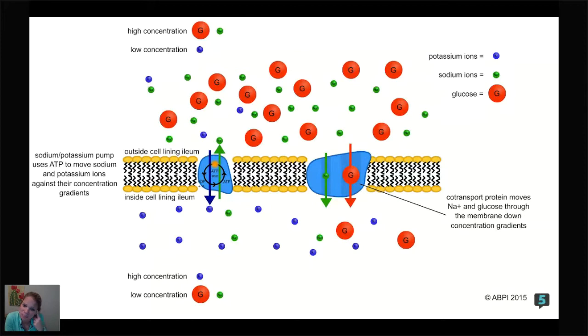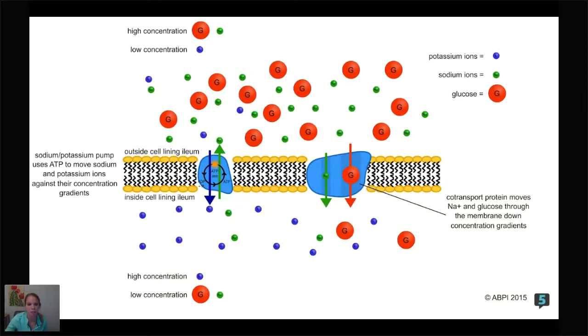Which one is easier? Going down. Thank you, Sandra. Yeah. If you're riding your bike, you don't want to pedal up a hill. You want to coast on down. Same way with the concentration gradient. You want to start at the top of that hill, and then you want to say, see ya, and just whoop, on down. That's easier. It doesn't require any energy.